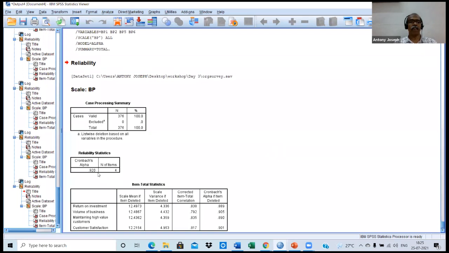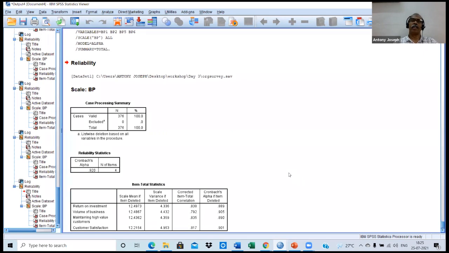So the value of the scale became 0.920. And here the individual alphas are less than 0.920. Now it became an acceptable, reliable scale for the measurement of business performance. So business performance must be evaluated based on return on investment, volume of business, maintaining high value customers, and customer satisfaction. All others are avoided.